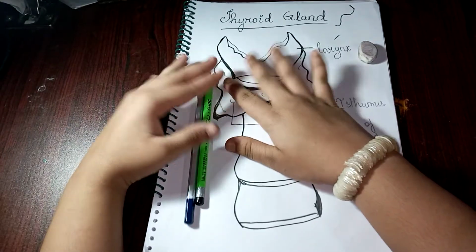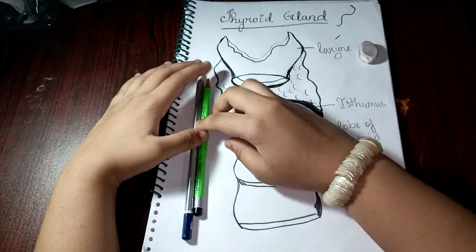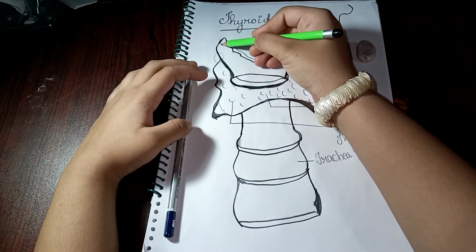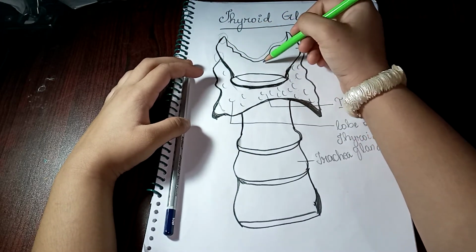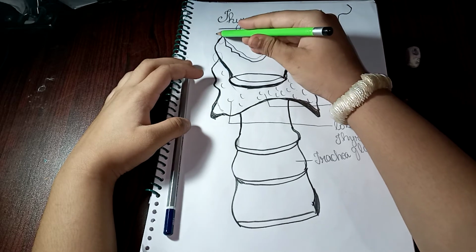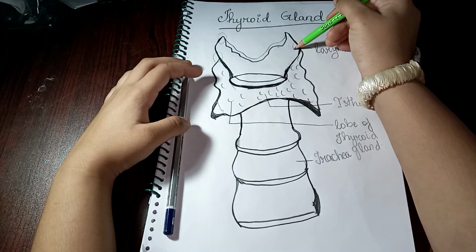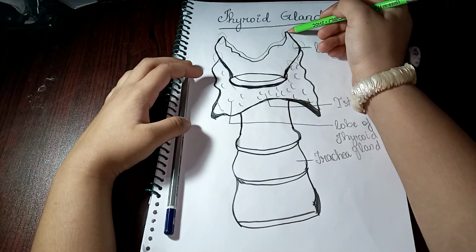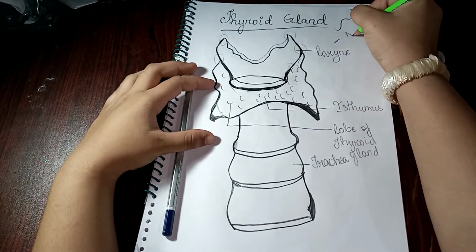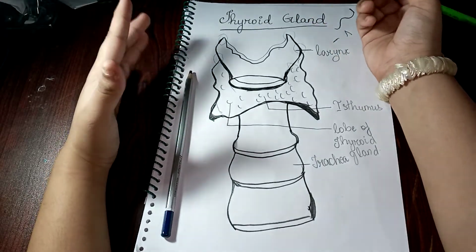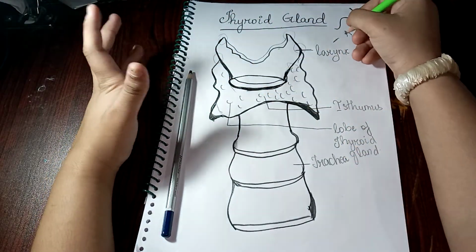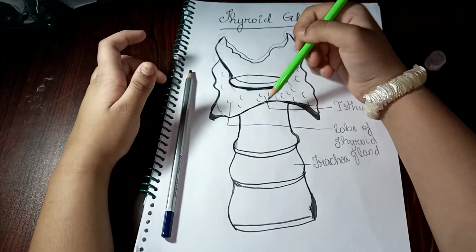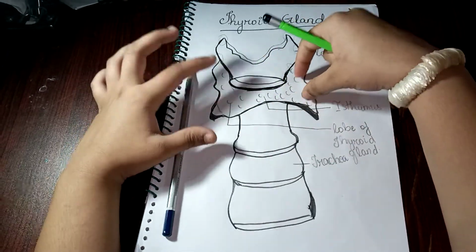Let's revise how we have done it. So first step is to make this. Second is to make this. Next, the bar thing. We can see the cross sections over here. Now the bulb out here and over here. These are the simplest parts you can make like this. So if you are unable to make the other parts, you can start from these pointed edges. Next, over here is the trachea, and here is the thyroid gland.